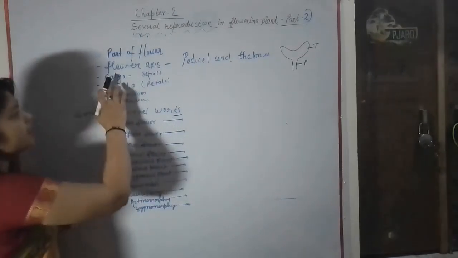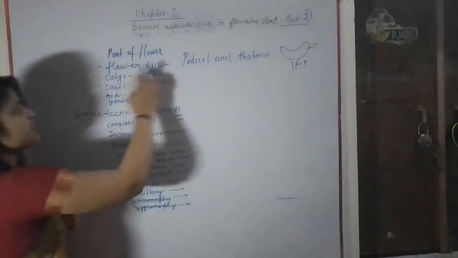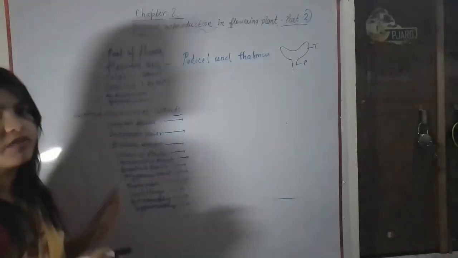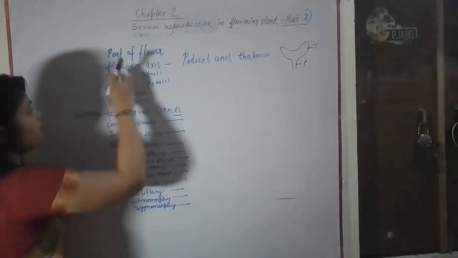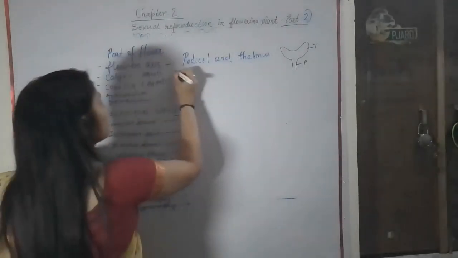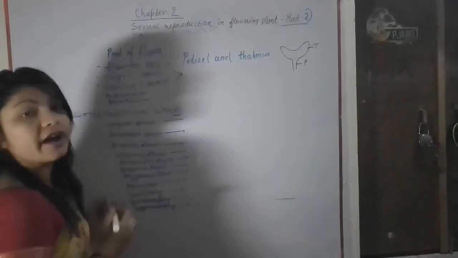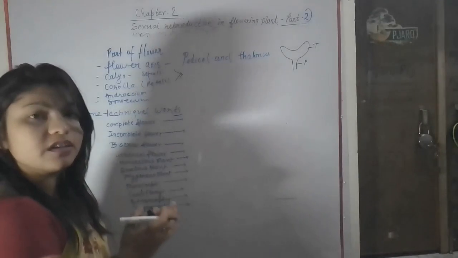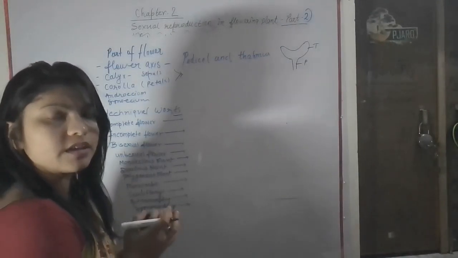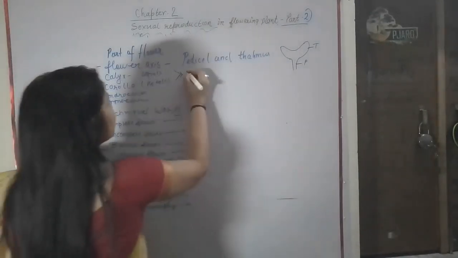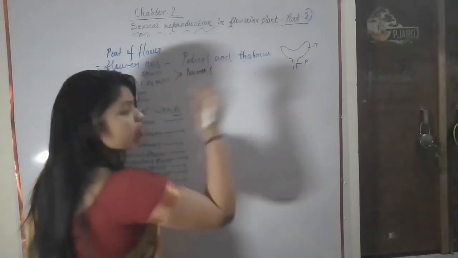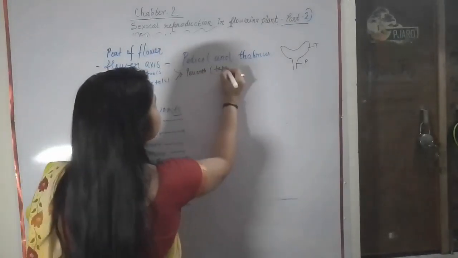Clear? Flower having the calyx, which is also known as the sepals, and the corolla, that is the petals. Those are the units of the calyx and corolla. And when both are not identified, means they are fused together and it is hard to identify the structure, so that it is known as the perianth. And the unit of the perianth is the tepal.